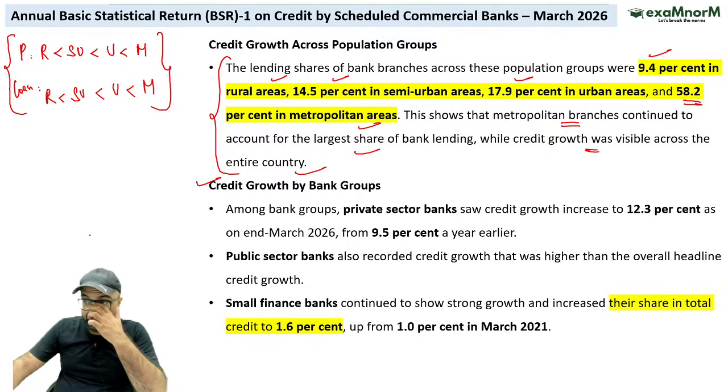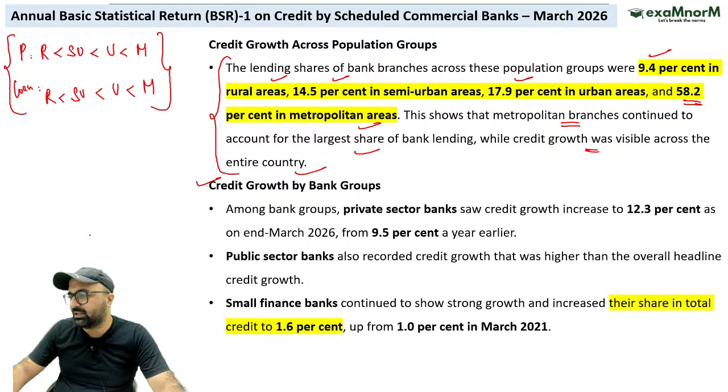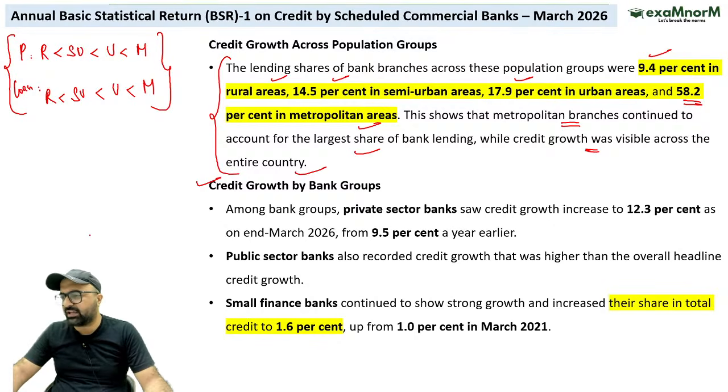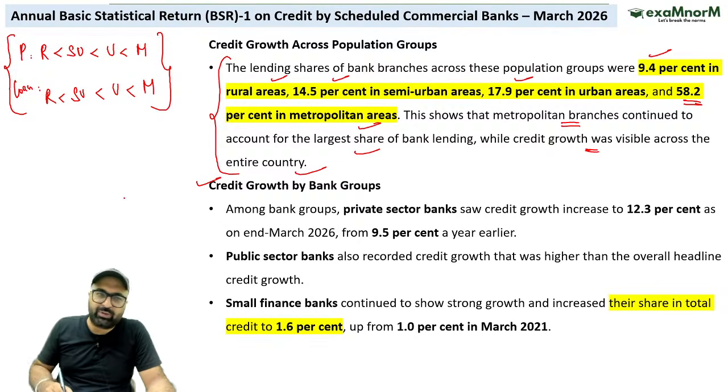So in that particular case, the answer to this question will be: the highest lending is done by public sector banks in terms of value. But if I talk about the growth, things are pretty different. The highest growth on a year-on-year basis has been recorded with which banks? Then my answer to this particular question would be public sector banks.